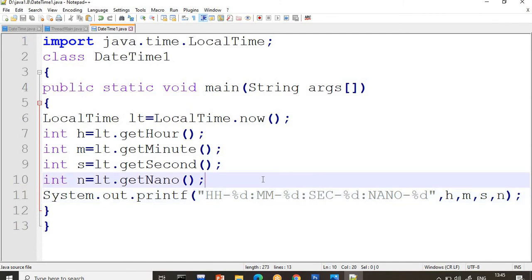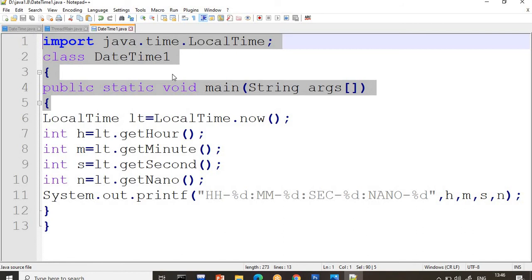But sir, yesterday we took date and today we are taking time, but I don't want this one, sir. Is there any way where I can access both in a single go? The answer is absolutely yes, which is available, and that is called the date and time object. Now we will take the LocalDateTime object and see it. So I hope you are very clear up to here. Now we will go with the next program, that is nothing but LocalDateTime.